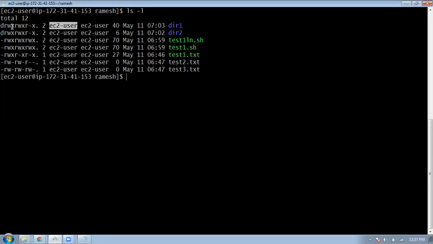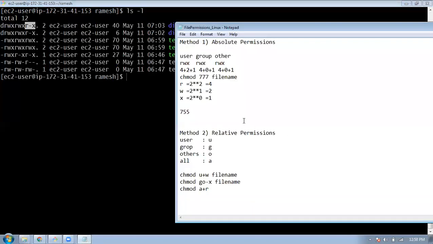The next 3 characters, read, write, execute, are the permissions for the group. You can see the group in the 4th column. If any user is connected to your server and is not this user, and does not belong to your group, then he will belong to the others category. These are the others permissions. Now we will see using the chmod command. We use the command called chmod, change mode, to modify the file permission.